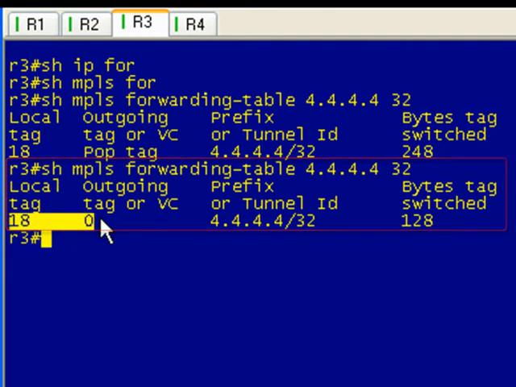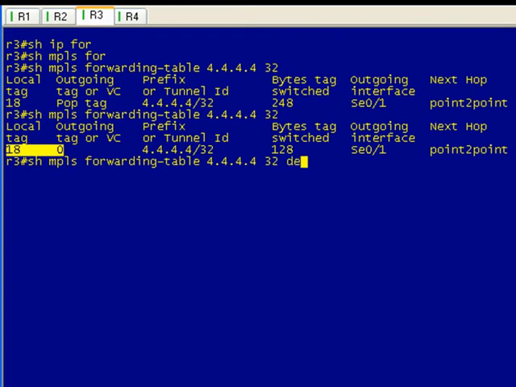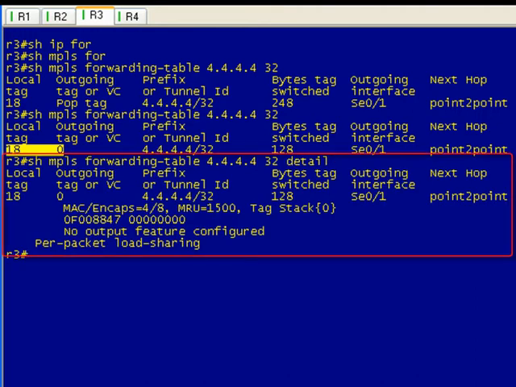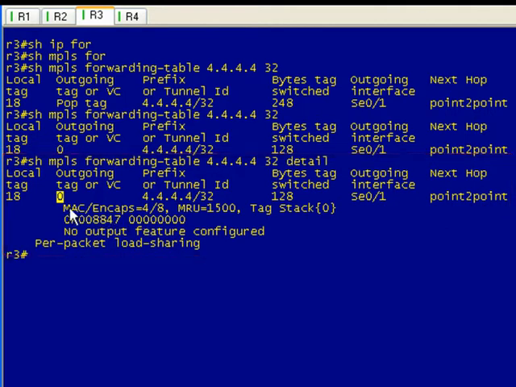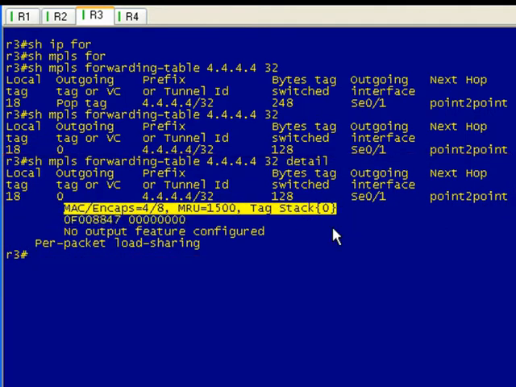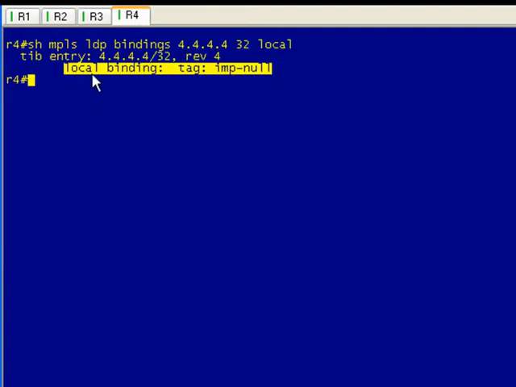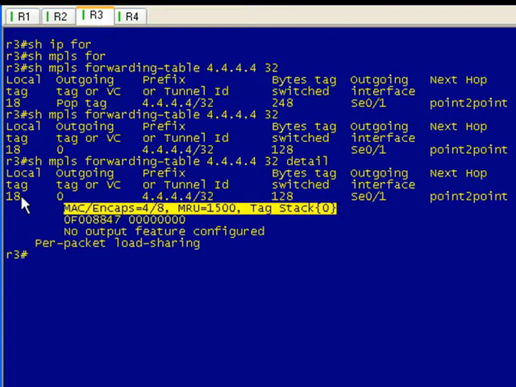Instead of popping local tag 18, what it's saying is that we're going to swap it with something called label 0. I mentioned earlier that label 0 is the explicit null. Obviously, it's a reserved MPLS label in the 0 to 15 range. So even though R4 says that the local binding is an implicit null, it's actually advertising an explicit null